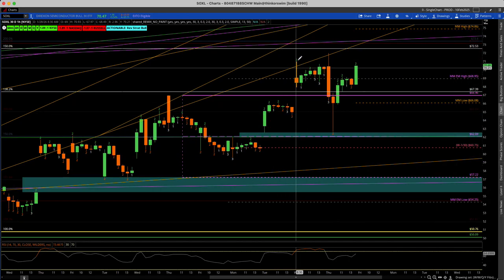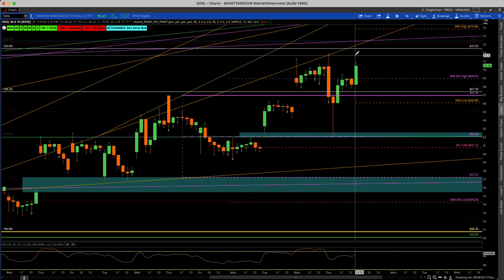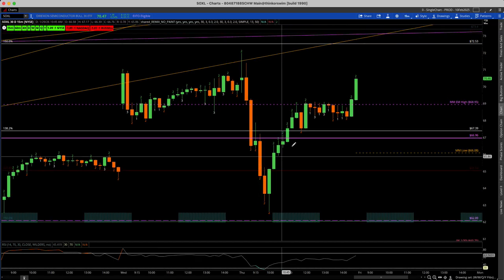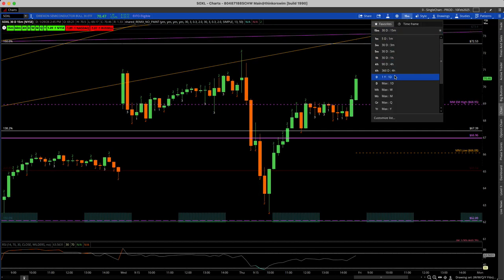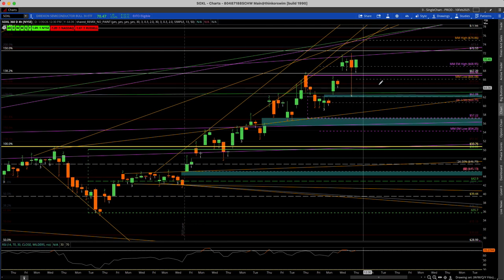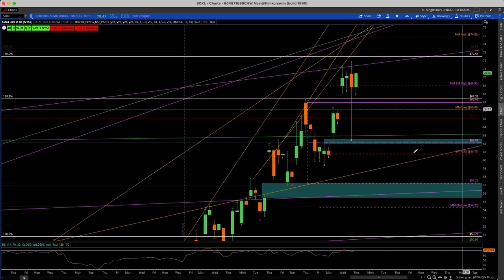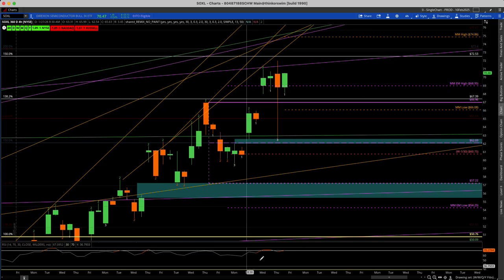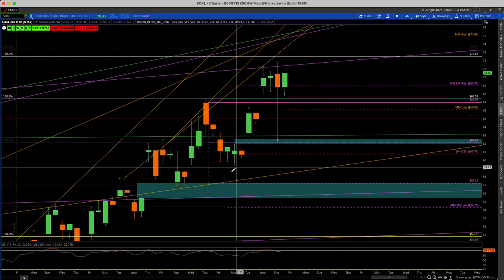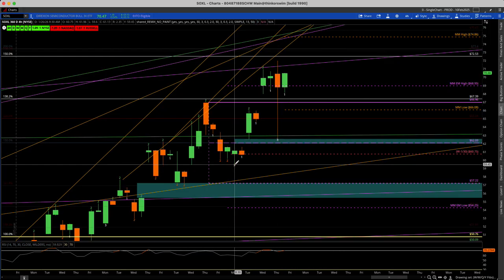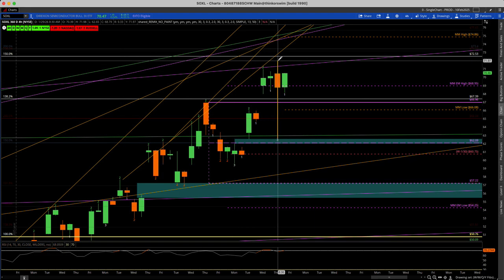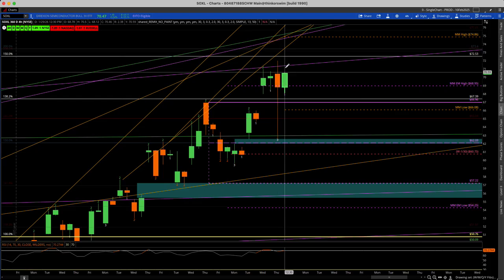So we can see on the 1 hour, the trend is neutralized now, right? If we go back to the 15, we basically got an uptrend. If we go to the 4 hour, yes, today was a big drop, but in the grand scheme of things, it could just be a higher low. We would have to come down here to, what's this, 59.50-ish area to make a lower low. And again, we're coming from a higher high, so even if we did make a lower low, we're looking at